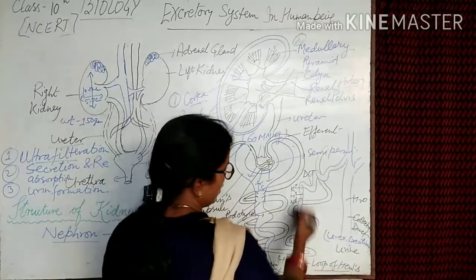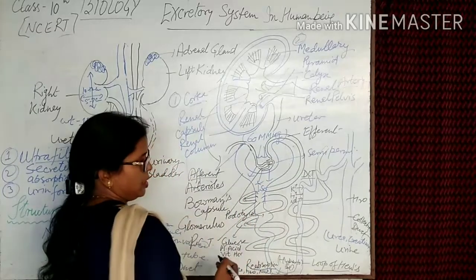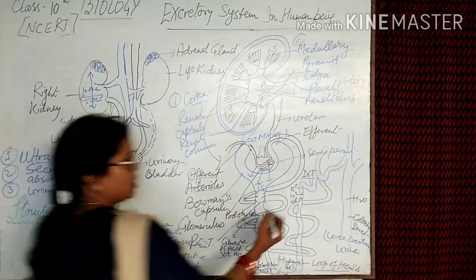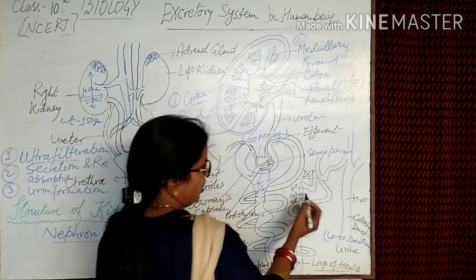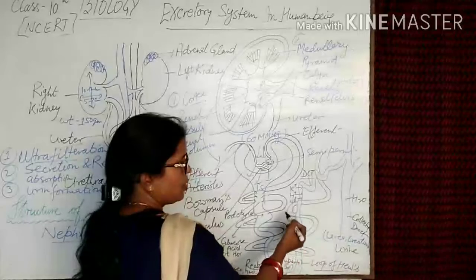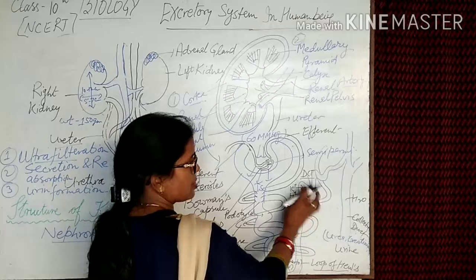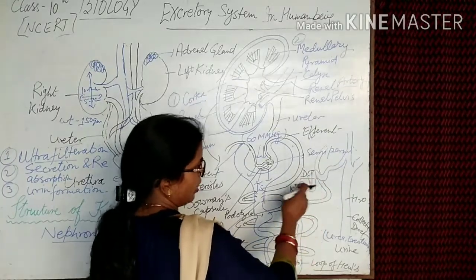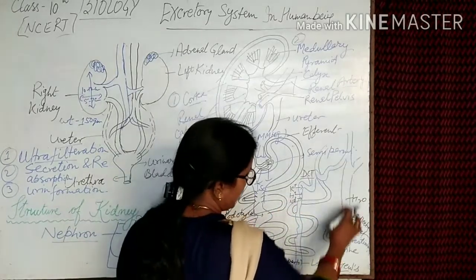And the other part, the distal convoluted tubule. Distal means far. In the distal convoluted tubule, ionic substances like potassium, hydrogen and sodium maximally diffuse inside, giving a high concentration inside the tubule. It is thick in nature and a broad tube, and the next part is related to the collecting duct.